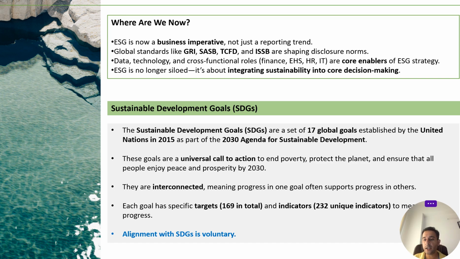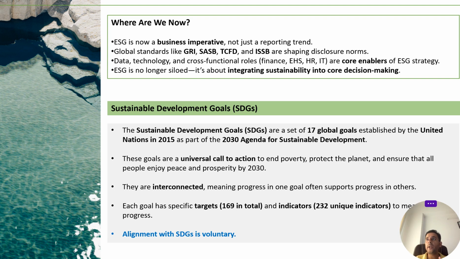So your single activity may be about progressing on other goals. For example, if you are using sustainable packaging, it caters to SDG number 12, and it will also relate to SDG 13, which is the climate change related SDG. It may also relate to any other SDG. So one activity can be mapped to different sustainable development goals.